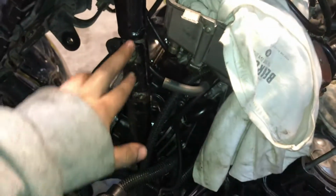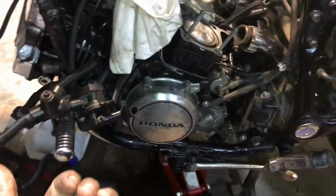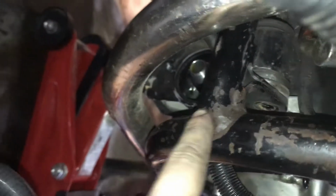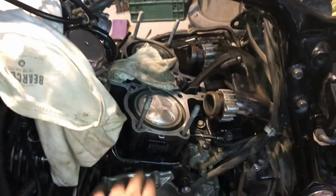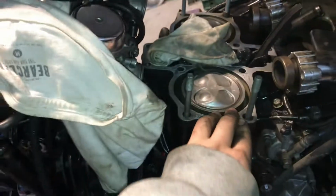So you remove these 2 bolts and these 2 bolts. You pull a bit towards the left of the bike, and you will have this subframe hanging, because through here goes a transversal tube connected to the subframe that goes across the bike and ends up here. So probably when you pull, it will just come out a few inches. But that's enough, because this engine will be poorly supported, and you can lower the jack a bit